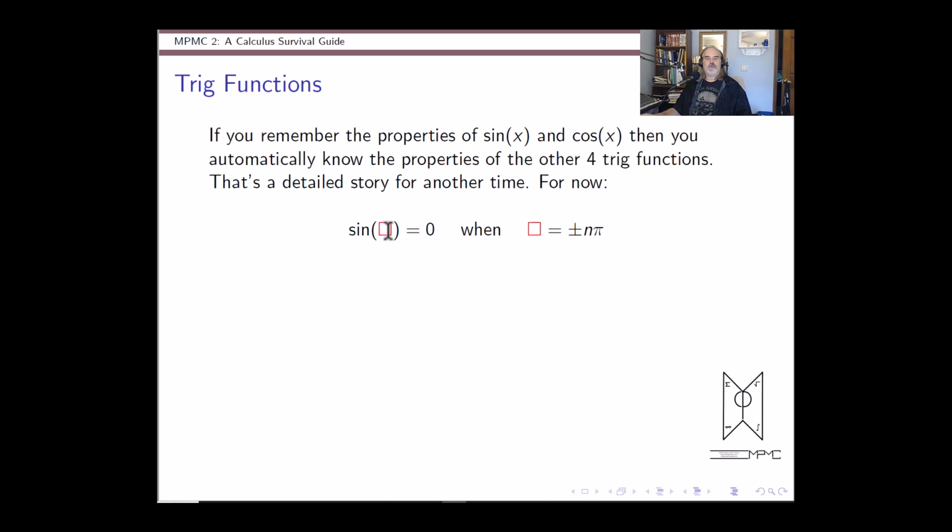For the sine function, it hits 0 when whatever is inside the sine is a multiple of pi. The sine of 0 is 0. The sine of pi is 0. The sine of 2 pi is 0. The sine of negative 6 pi is 0, right? And if the interior is more complicated, well, whenever that interior is a multiple of pi, you're going to get